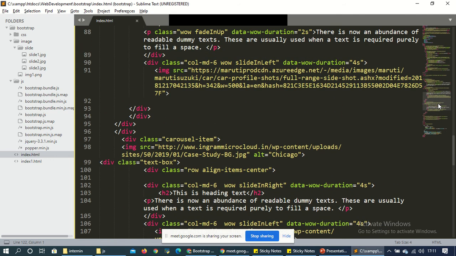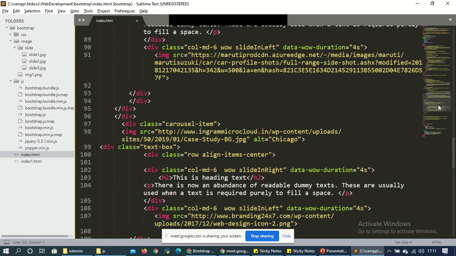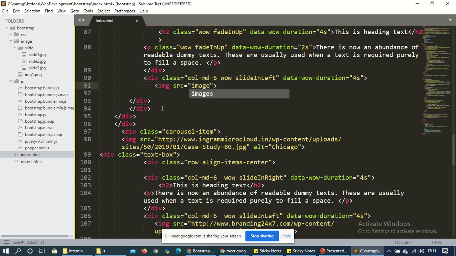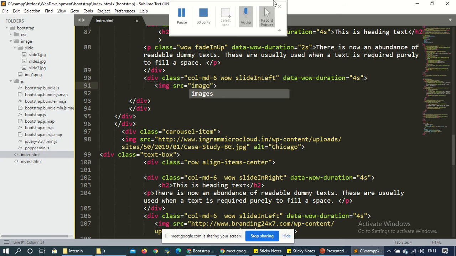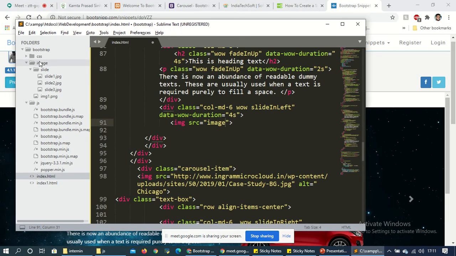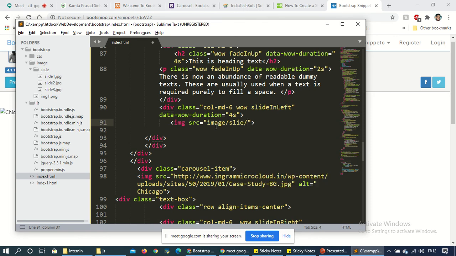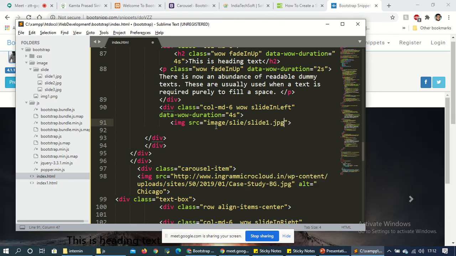This is the first image link, so I am going to change this link. I want my image, which is in the images folder, slides, slide1.jpg. The rest is here.